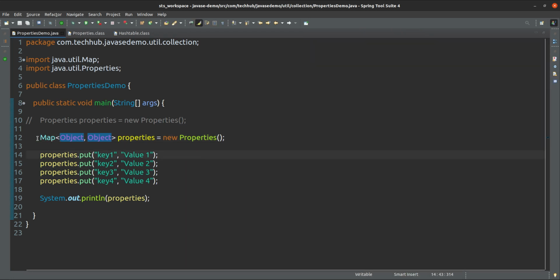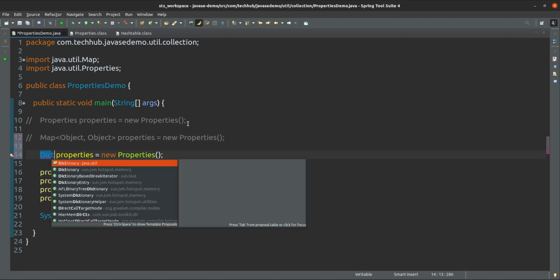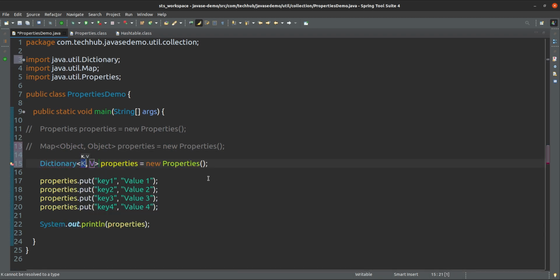Or you can use dictionary also, dictionary of object and object, that is also fine. This is the implementation of property.